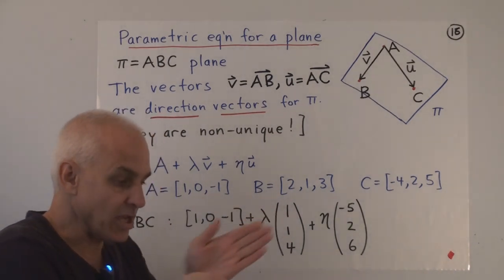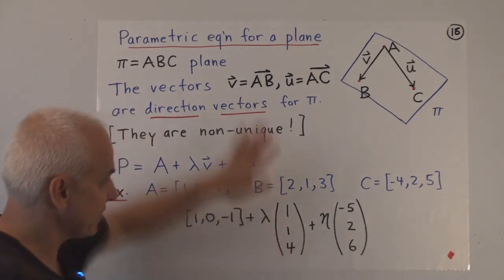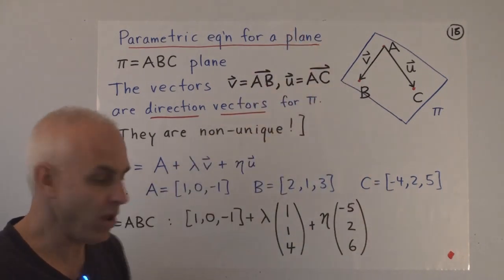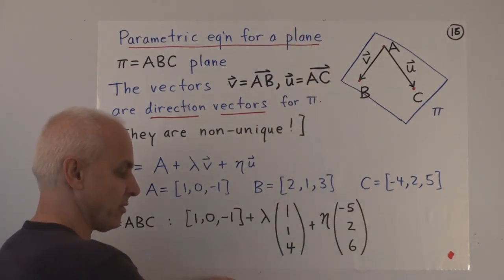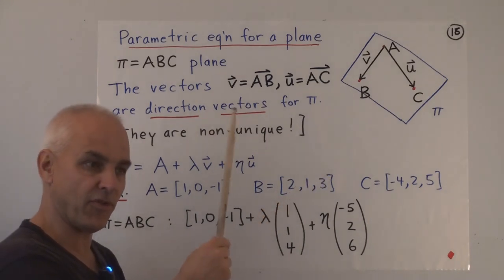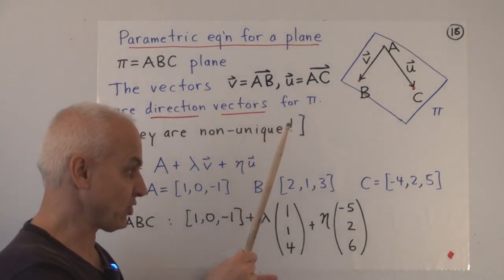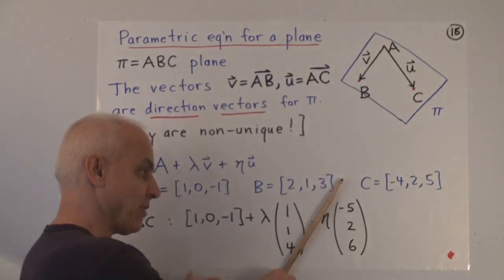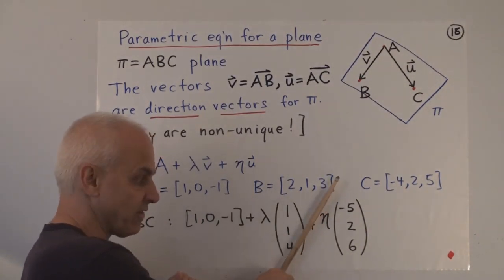They are vectors which lie in the plane. So for example, if the plane is the plane of the wall, then this is a direction vector for the wall. So is this. So is this. Even though the vector is not actually in the wall, I can translate it so that it lies in the wall. That's a direction vector.